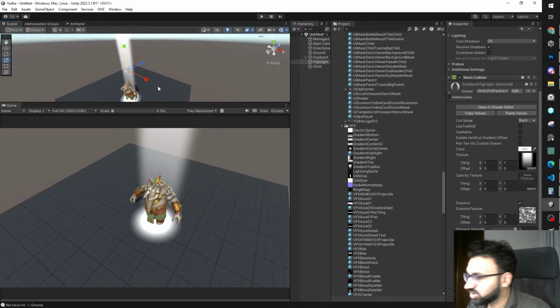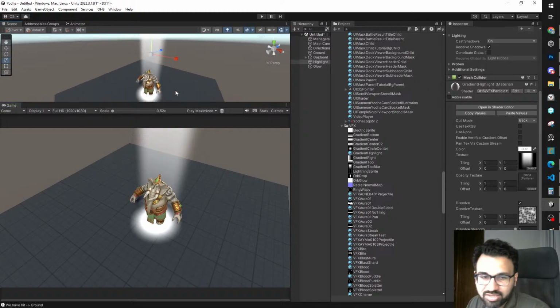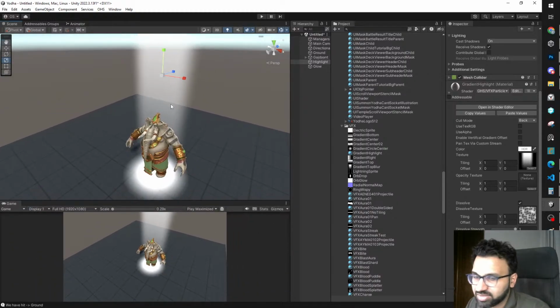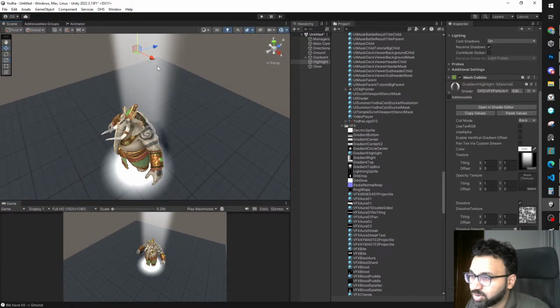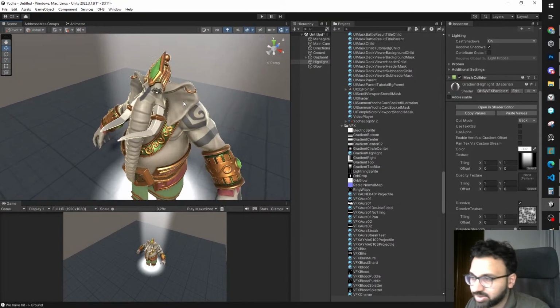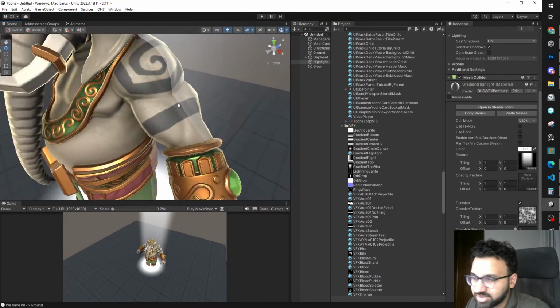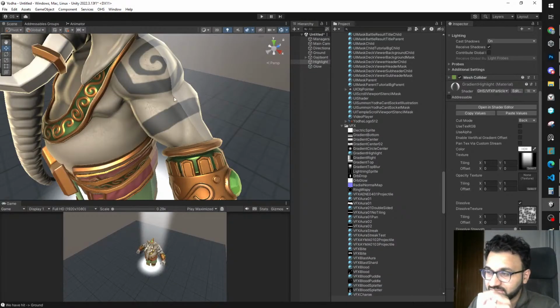So, this shader also has depth fade. That means that if I don't have the depth fade on, you can see the seam when the chord hits the